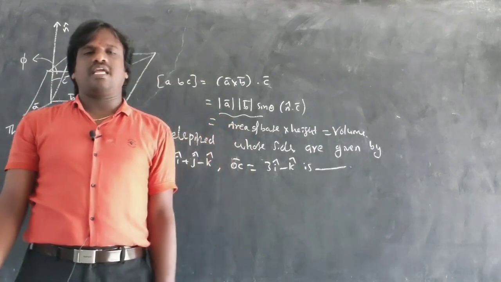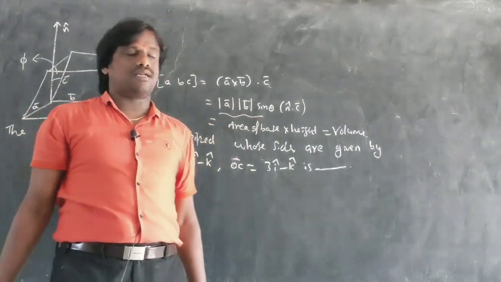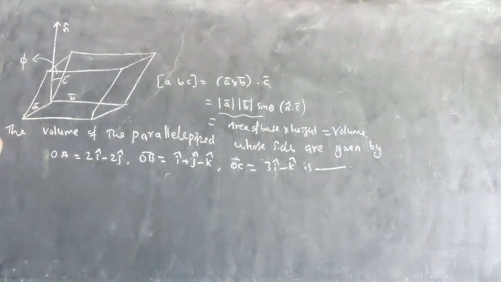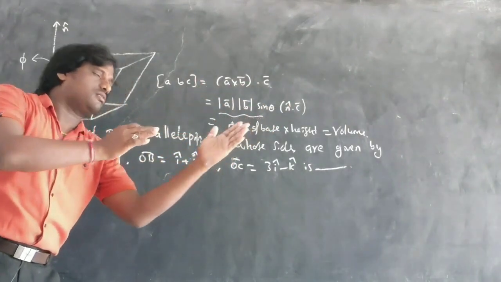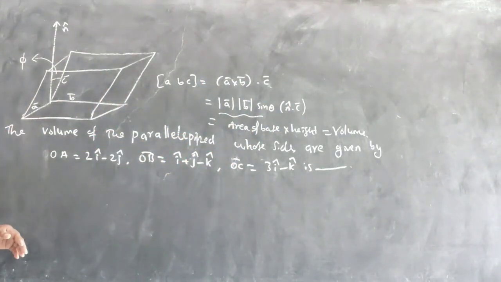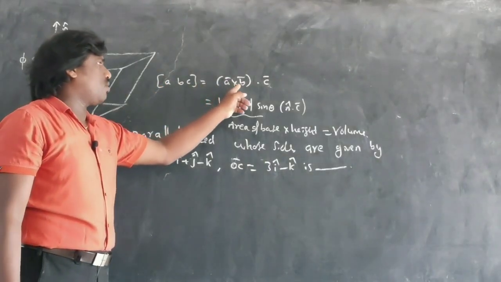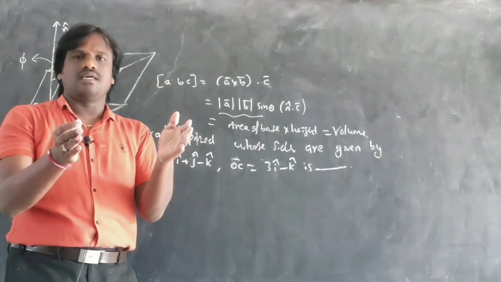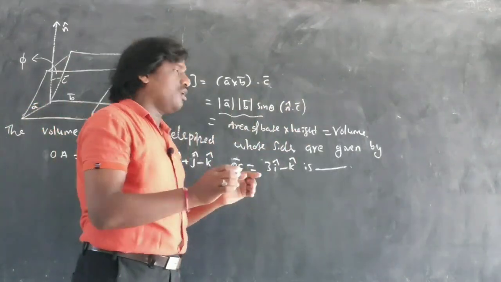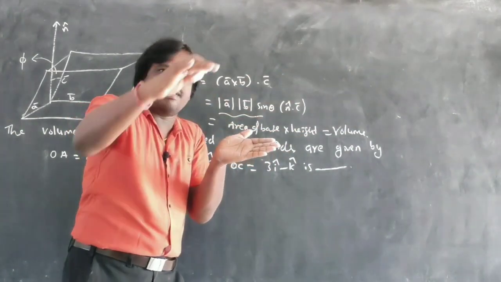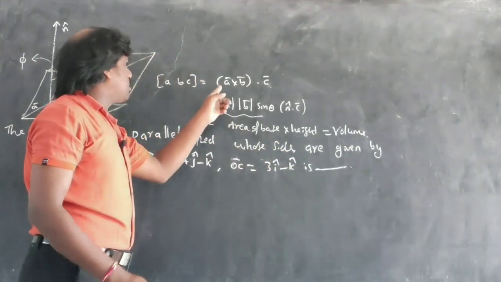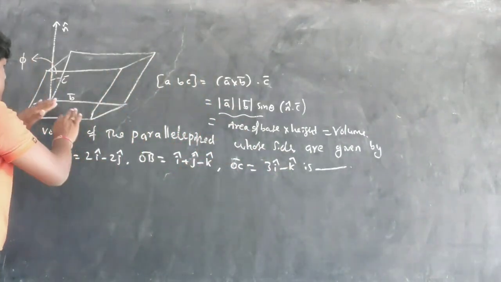As I told you, the volume of a parallelepiped, let us see this question, which is a JEE Mains level question. Now see here how you get the volume of a parallelepiped. This is a parallelepiped, a bench shape like this. Box ABC can be written as A cross B dot C. You know that two vectors are there, A and B, and A cross B will be the area of that parallelogram, correct? So that's the reason A cross B is the area of this base,